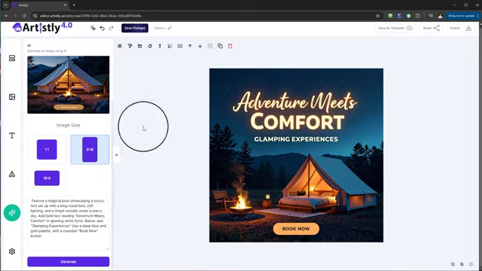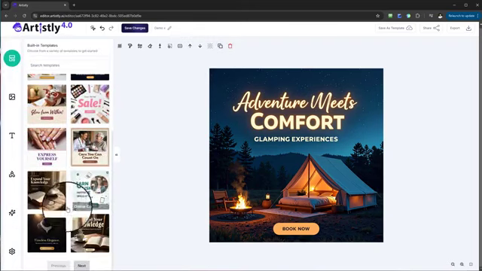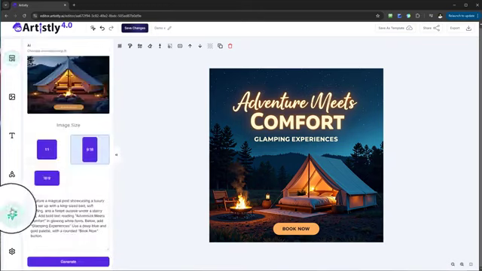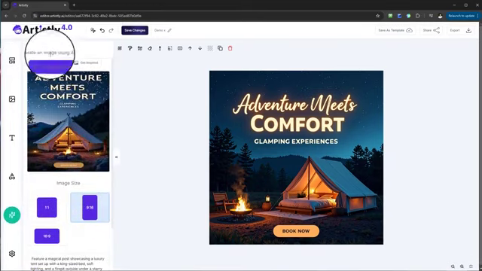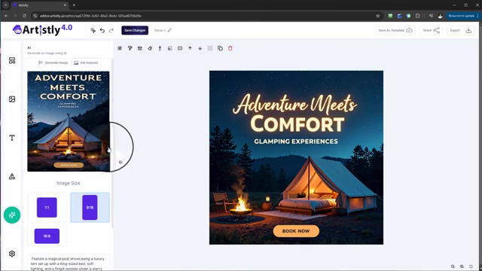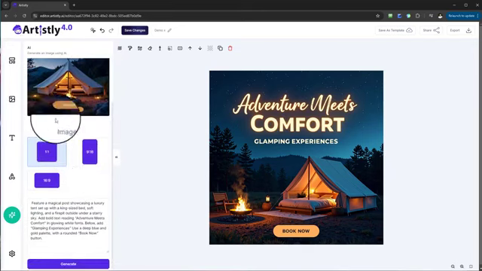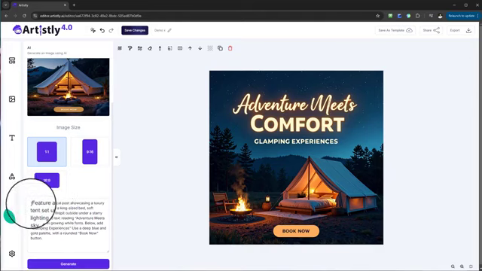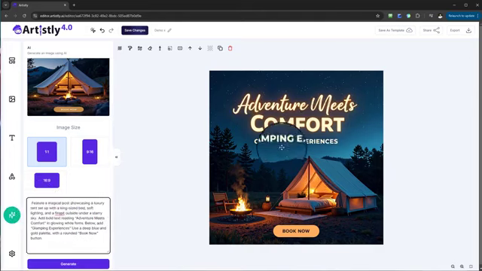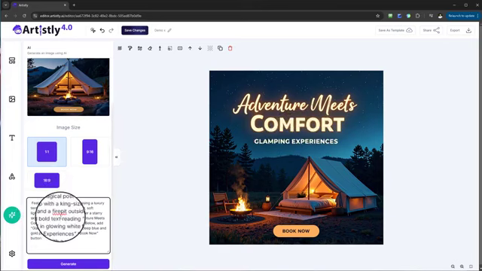So let me just run through this again with you. Once I'm happy with the template, I'll select the template. The template will then populate in the AI section, and it will show me in the preview mode. And then I have a decision. If I want, I can make changes to the text that's visible in there. So if I want to change adventure meets comfort to whatever is more congruent with my business,